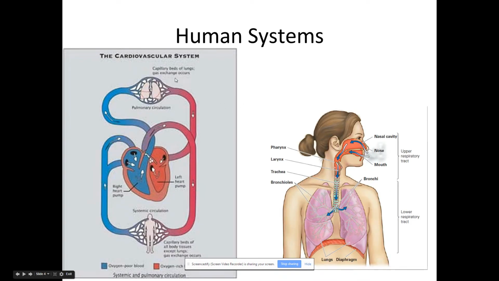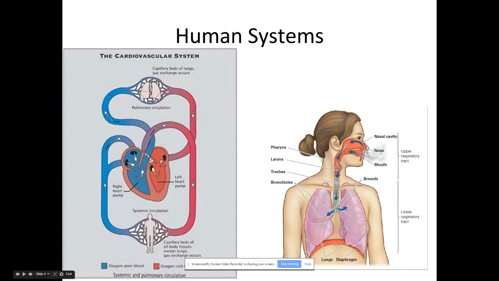Okay, the cardiovascular system we see here, this is just kind of an idea of how it works. We have our heart, we have deoxygenated blood, which is represented blue here. It's actually a very, very dark red. It's pumped to our lungs right here, picks up oxygen. The oxygenated blood is then pumped back to our heart, and then it's pumped out to the rest of our